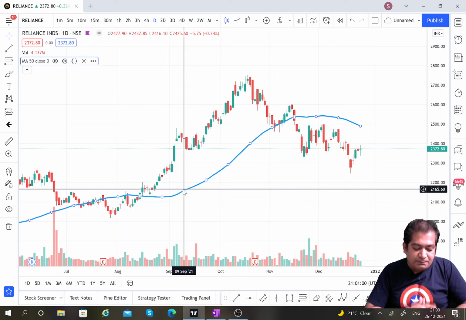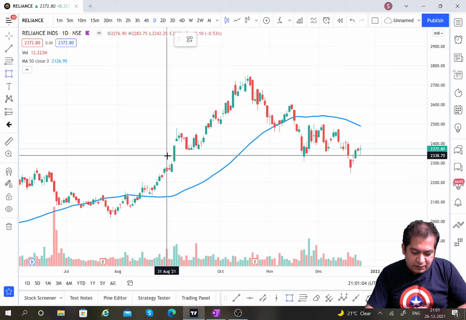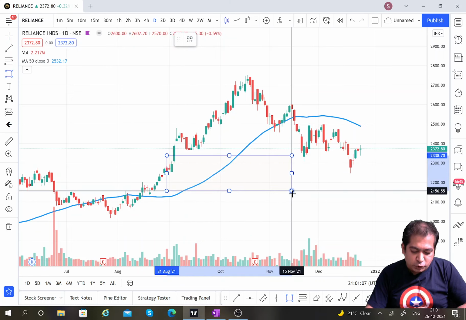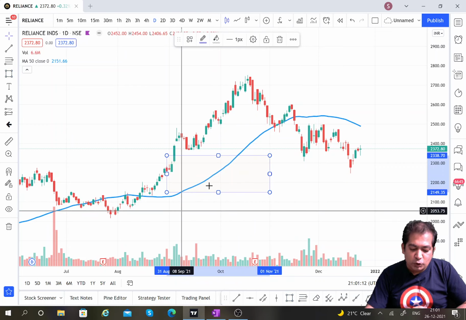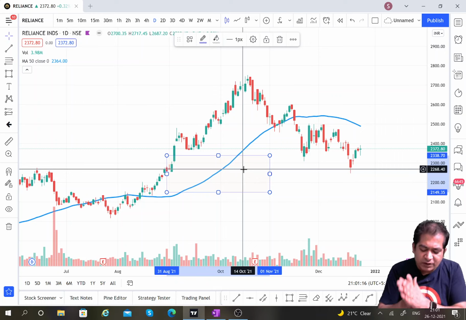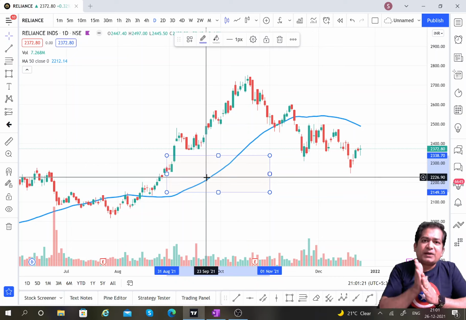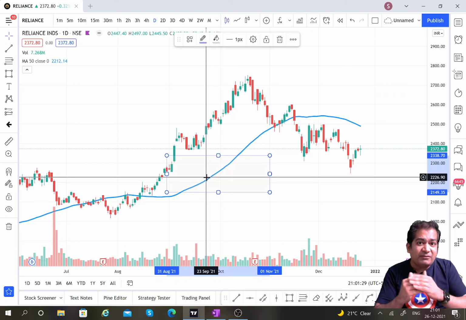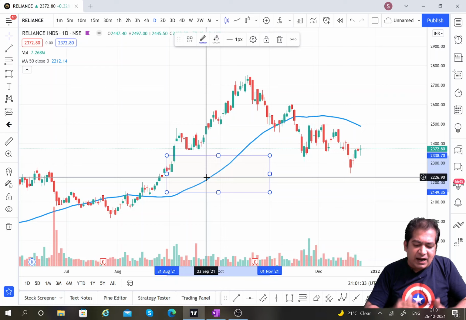So for example, you see from this point to this point, the slope of the moving average is increasing. It's showing around, not 45 degrees, a little lower than 45 degrees up. It means the average is going up, the average price is going up. So if the price is over the moving average, it means there is a higher pressure upon the stock prices and the trend is up.